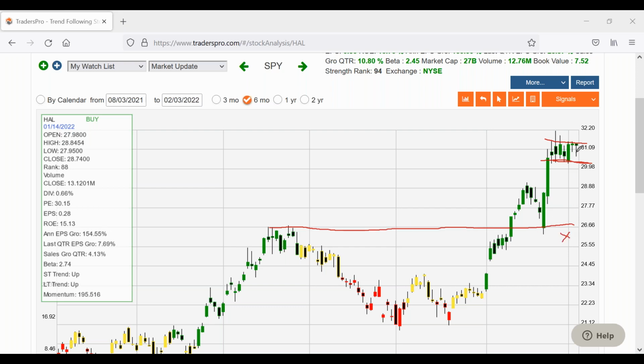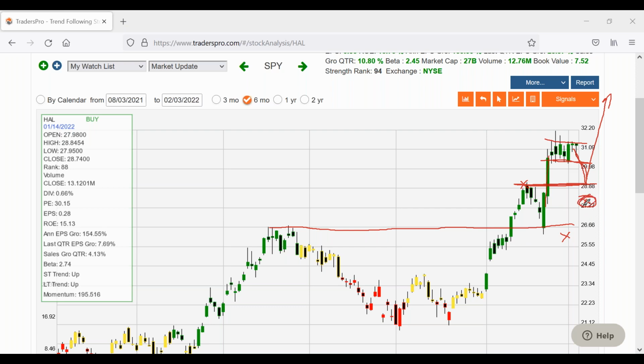Give it a little bit of room in case it does dip down a little bit on a sell-off. Or you can even use this if you wanted a tighter stop. It shouldn't go below that. This was a previous breakout. Here's the new high. It broke out. Sometimes it'll pull back to that high before taking off. So maybe you can put your stop down here, a little bit in this area right here.